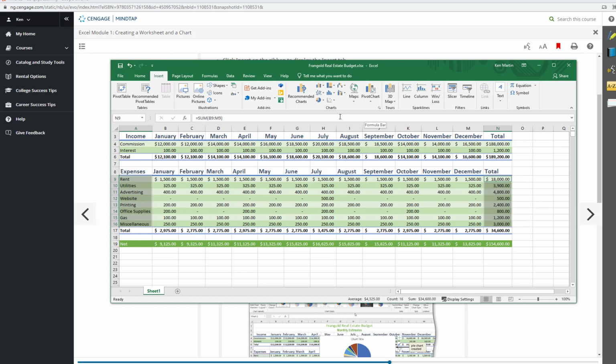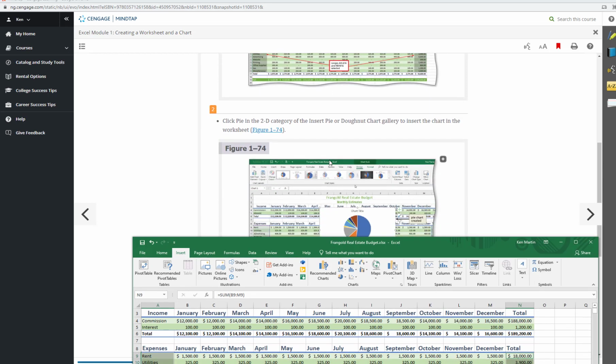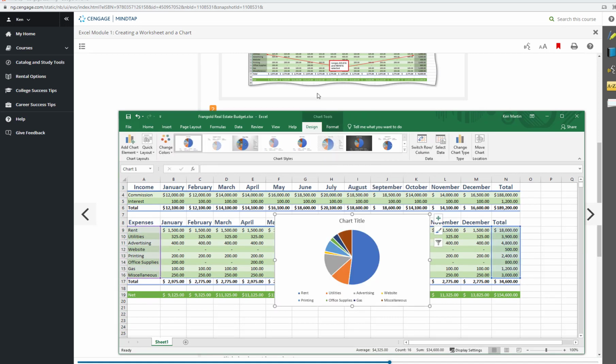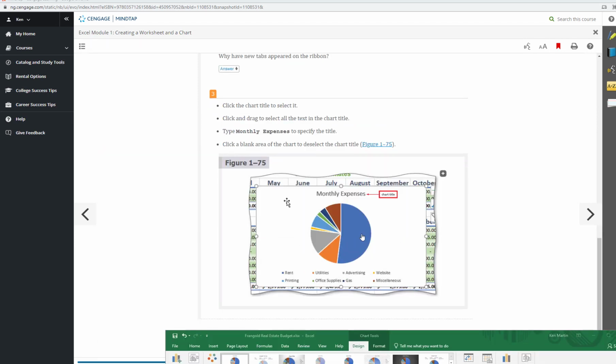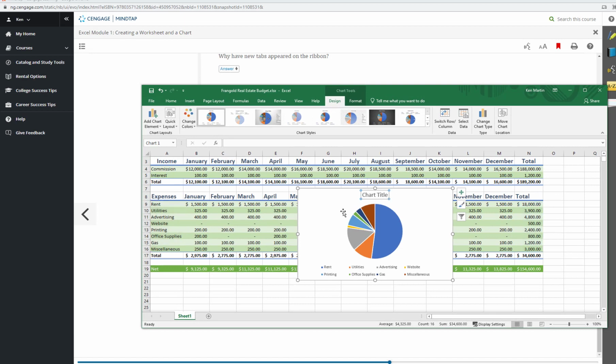And you see charts here, right there. And they want the 2D. So do a double check, make sure yours looks like this. Then what we're going to do is we can select individual items within the pie chart, and we're going to type. So I'm going to type in monthly expense as. So again, if I click here,